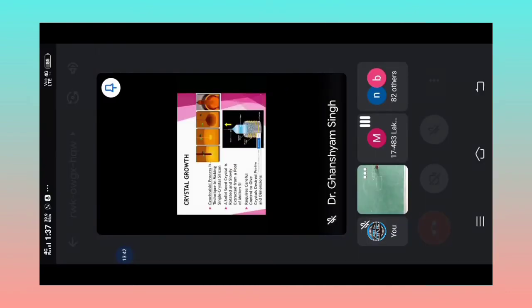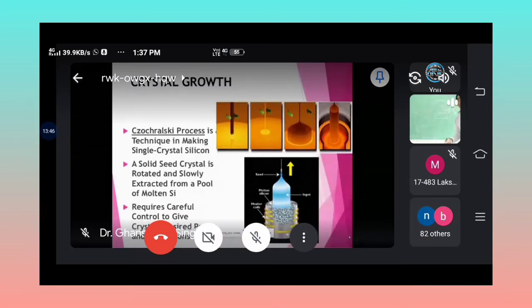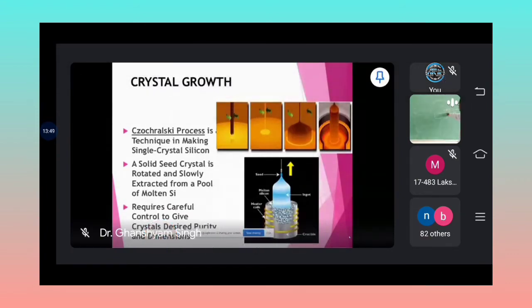Wafer preparation: we should remember uniform dimension of the wafer. Now cut to length as per diameter. Now slicing into the individual layers. Mechanical lapping of individual wafers. Chemical etching uses a mixture of nitric and hydrofluoric acid. Chemical mechanical polishing, CMP, uses a slurry consisting of silicon dioxide particles, 10 nanometer, in an aqueous solution of NaOH.